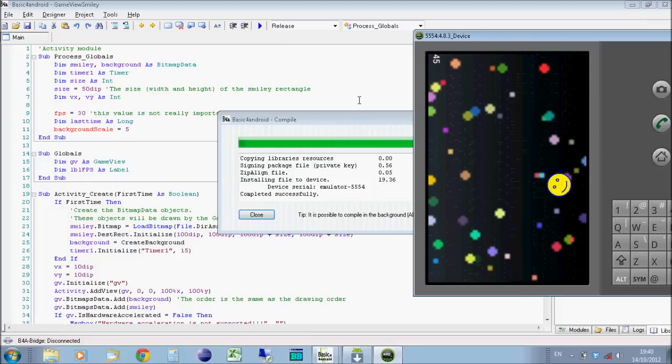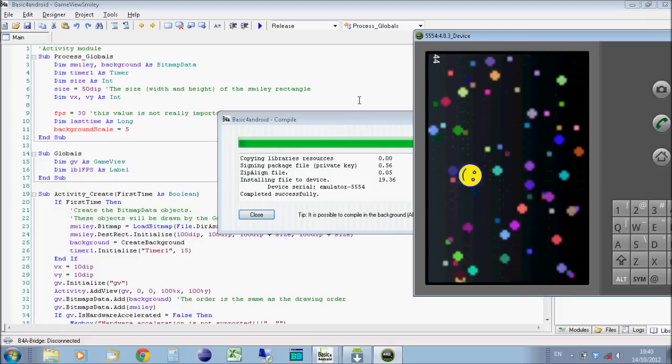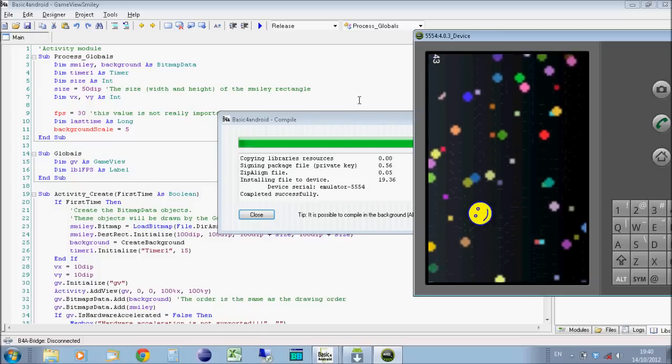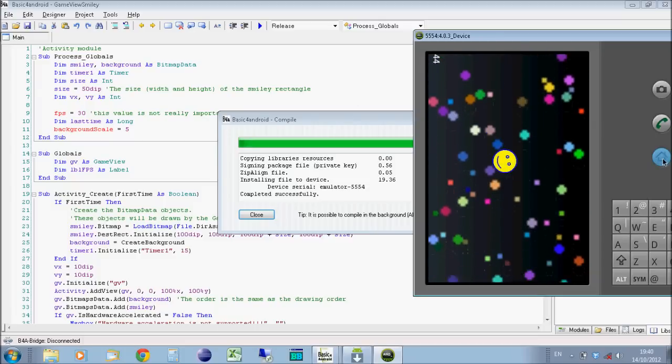So if I switch to the emulator here, you'll see it's running here. So it's actually running around about 40-45 frames a second. This emulator has GPU emulation enabled. So if I just show you where that is,